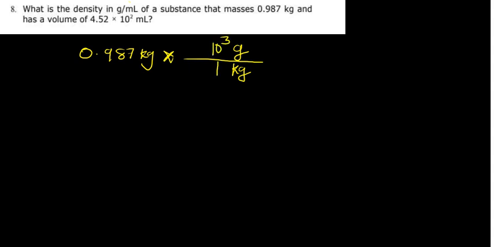So all we are going to do is 0.987 divided by the numbers here, which is 4.52, and then times this number here and the number here. They are dividing same bases, subtract the power. So 3 minus 2 is just going to give us 10 to the power 1. The answer is going to be in gram per milliliter. So 0.987 divided by 4.52 and then multiplied by 10, that is giving us